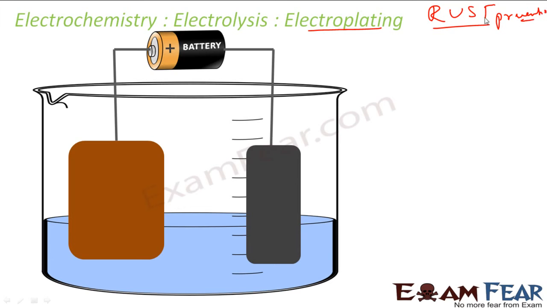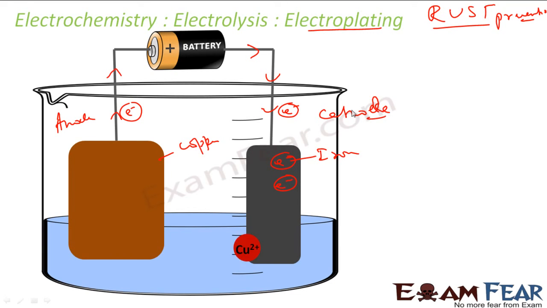And the way it is done is in similar fashion. If you see here, let's suppose I have a copper ion. I'm trying to electroplate iron with copper. This is iron and this is copper. Battery started. The electrons come in this direction. There are lots of electrons here, and there's a deficit of electrons there, right? Since there's a deficit of electrons, this is my anode and this is my cathode,